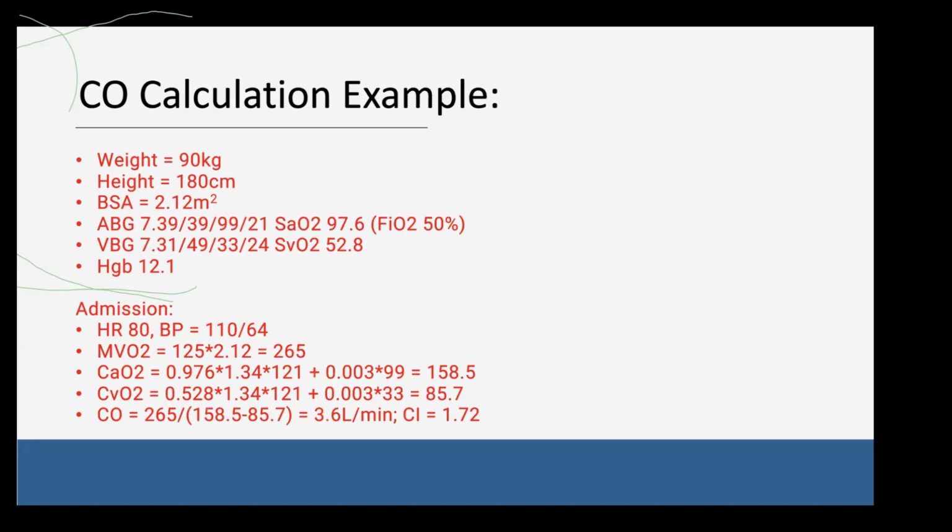But without all these calculations, with this blood pressure and this heart rate, the patient looks stable. The only thing is that the saturation from the central line is quite low. It means that the patient is using up quite a lot of oxygen. So I would wonder why that is the case, but I don't know from this.